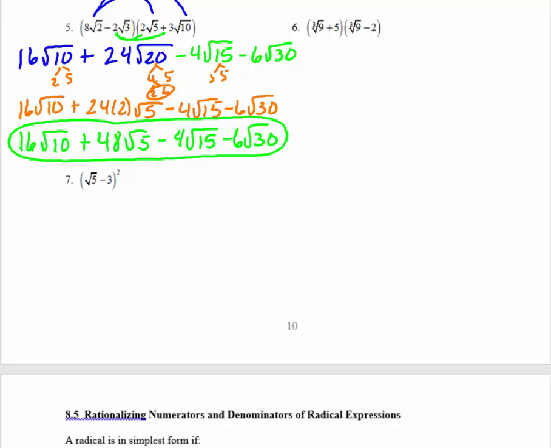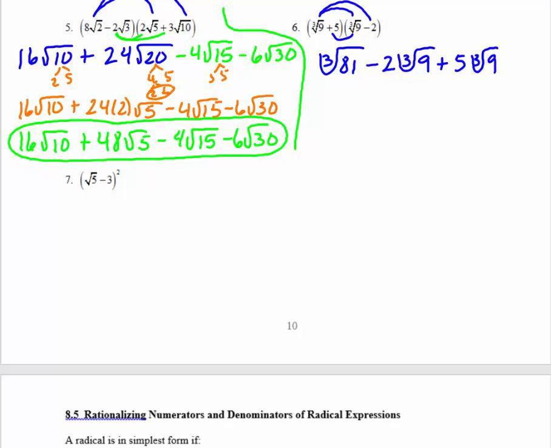On number 6, we have the cubed root of 9 plus 5 times the cubed root of 9 minus 2. We'll start off with a binomial times a binomial, so we'll distribute. Cubed root of 9 times the cubed root of 9 is the cubed root of 9 times 9, which is 81. The cubed root of 9 times a negative 2, well, the 2 stays on the outside, radical stays unchanged. On the inside, 5 times the cubed root of 9 is just 5 times the cubed root of 9. And 5 times negative 2